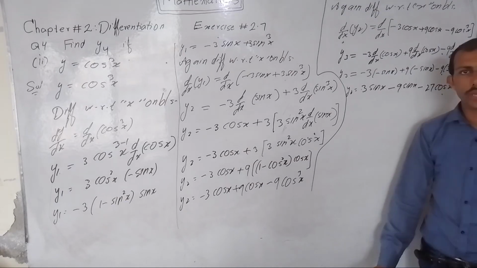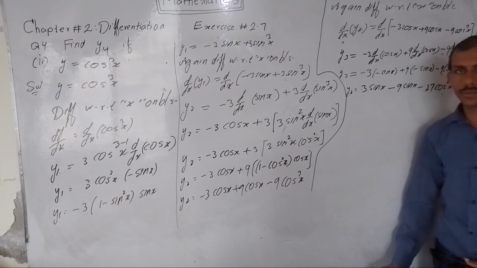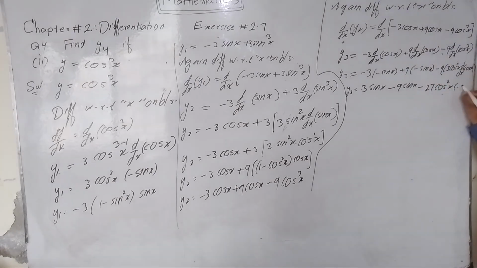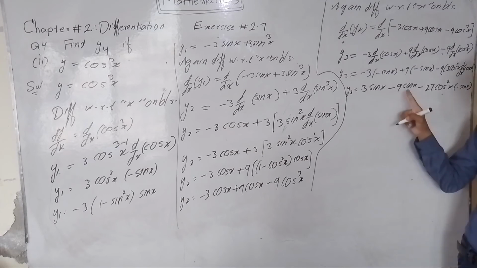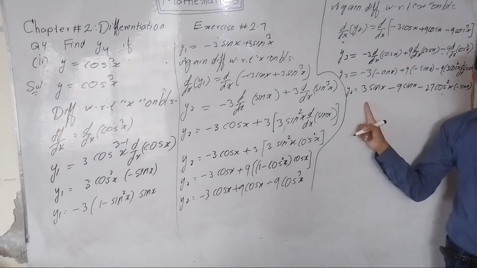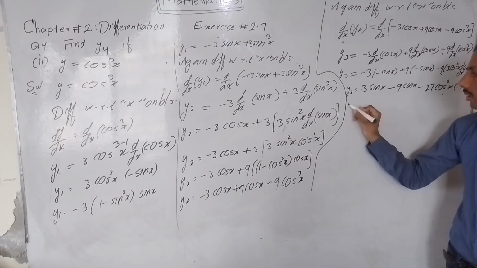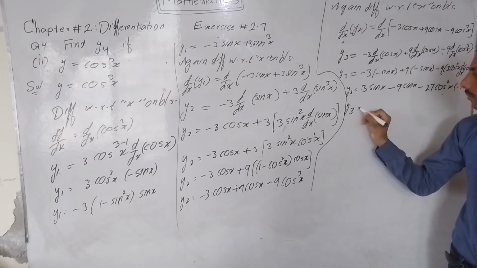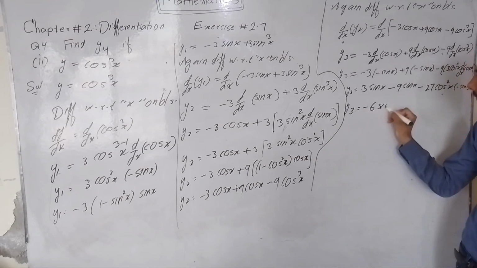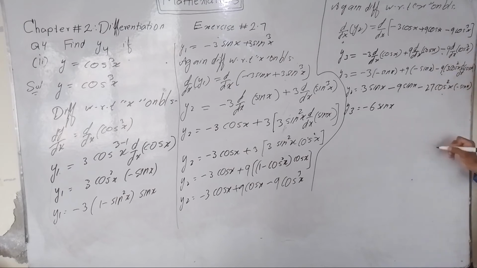The derivative of cos x with respect to x is equal to minus sin x. Minus 9 sin x plus 3 sin x is equal to minus 6 sin x. Minus multiply minus plus 27